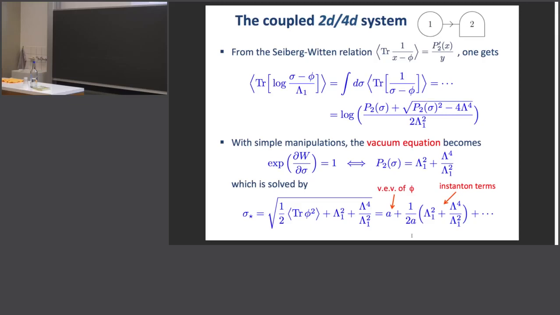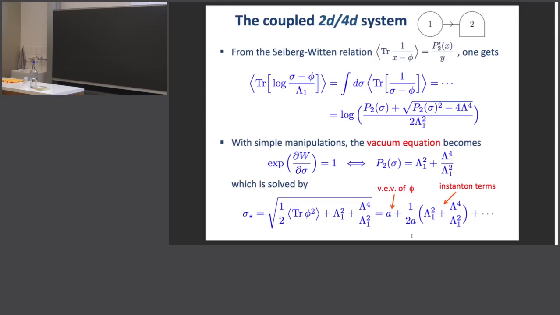So it's a generalization of the ordinary solution that you are maybe more familiar with in 4 dimensions. And you see, as I was telling you before, that we have a lambda 1 squared, but also the ratio lambda to the 4th over lambda 1 squared. Now, since it is quadratic, you can solve it explicitly. And if you do the usual expansion for large vacuum expectation values of the scalar field, then you start